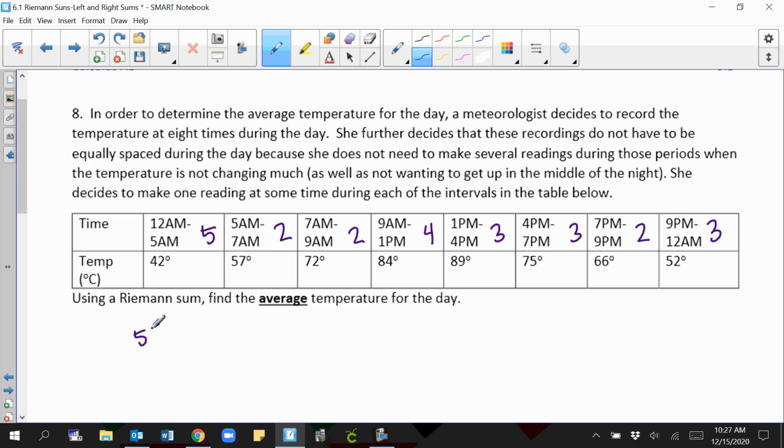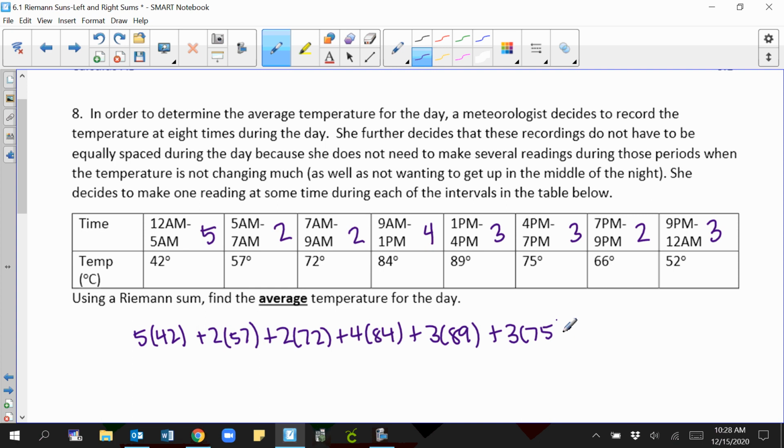So I'm going to have 5 times my 42 degrees plus 2 times my 57 degrees plus 2 times my 72 degrees plus 4 times my 84 degrees, plus 3 times 89, plus 3 times 75, plus 2 times the 66 degrees, and plus 3 times the 52 degrees. So that's going to give us our Riemann sum. And you can plug that into your calculator or do it by hand, and you should end up with